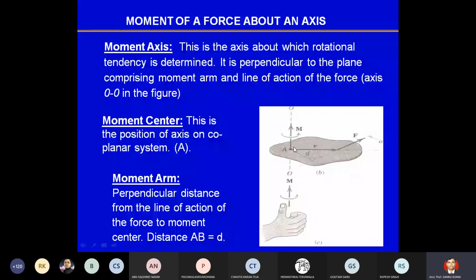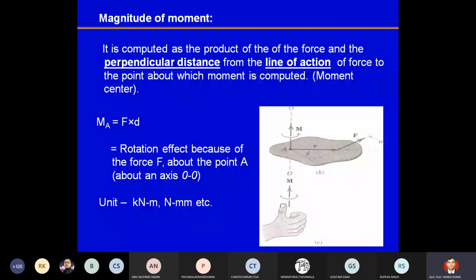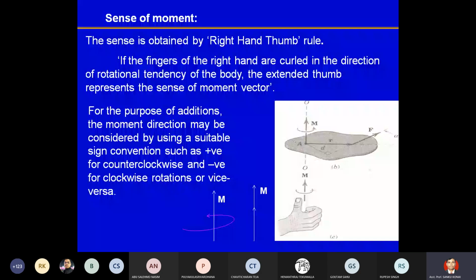So this we have seen, and we have also seen how to compute the amount of moment, that is force into perpendicular distance. And also we have seen that clockwise moment is negative and anti-clockwise moment is positive, and we have also seen that for a particular body,